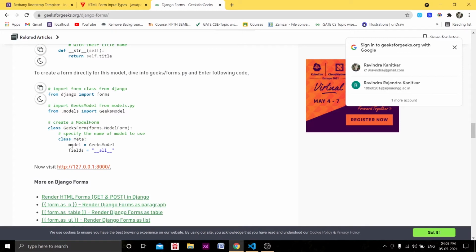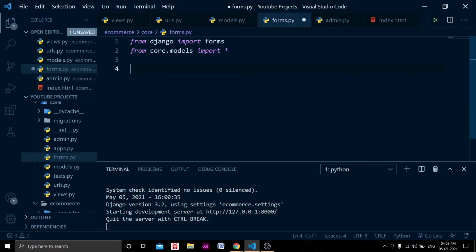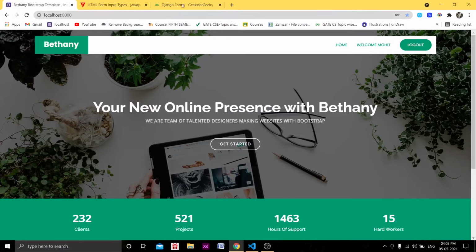In that Meta class, we can add the model, which is our model, actually product. So instead of the Gigs model, we will add product, and we want all fields to be attached, right? So from class, we will create a product form. Okay, so we have a product form which will take a request, actually.